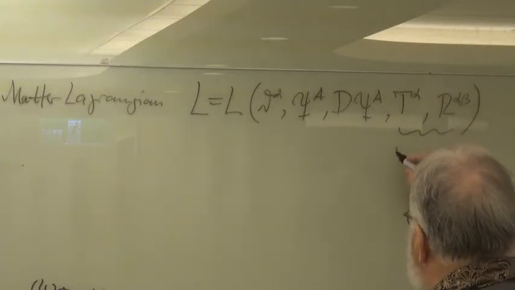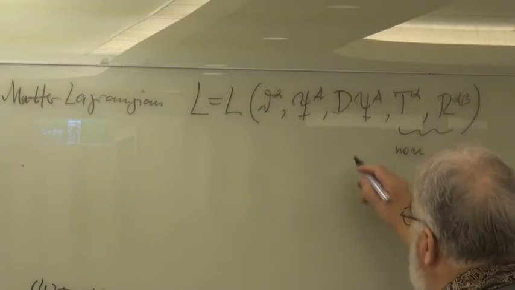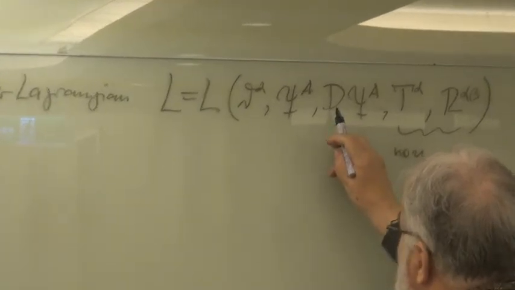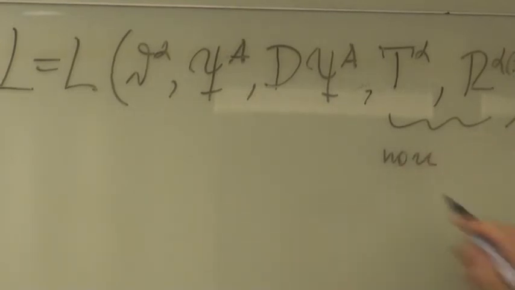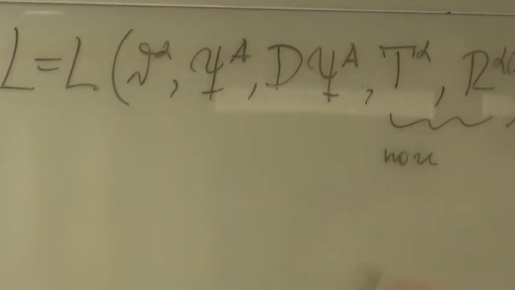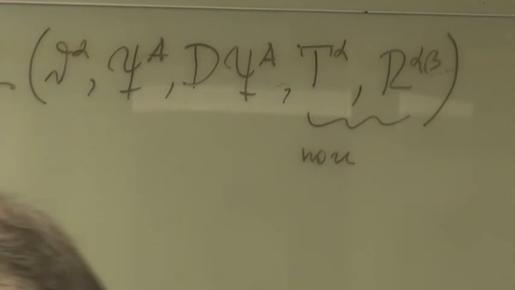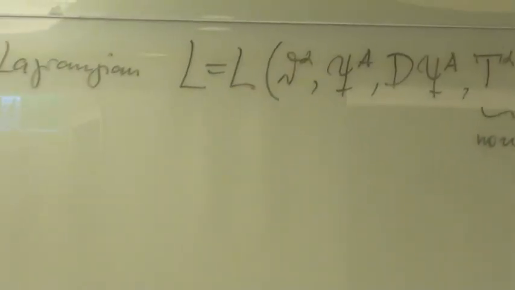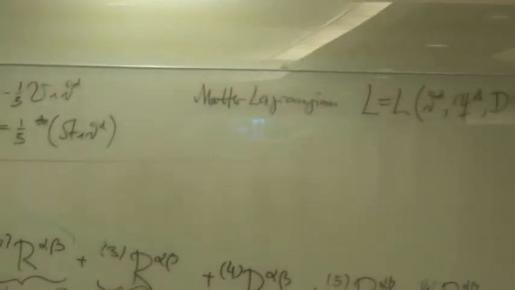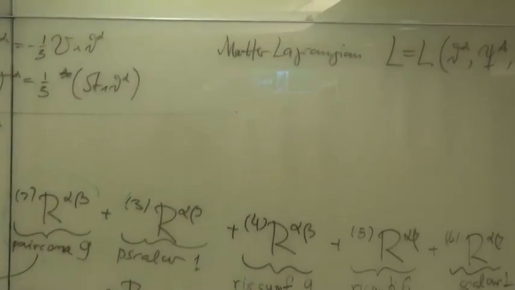These are non-minimal pieces. Minimal coupling means that the connection only enters via the covariant exterior derivative. The non-minimal coupling means, like in electromagnetism, you have the minimal coupling that the partial derivative is replaced by the partial derivative minus i times e times the vector potential,